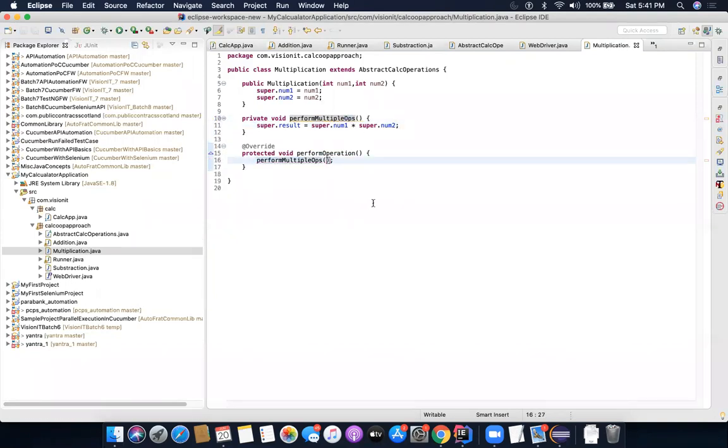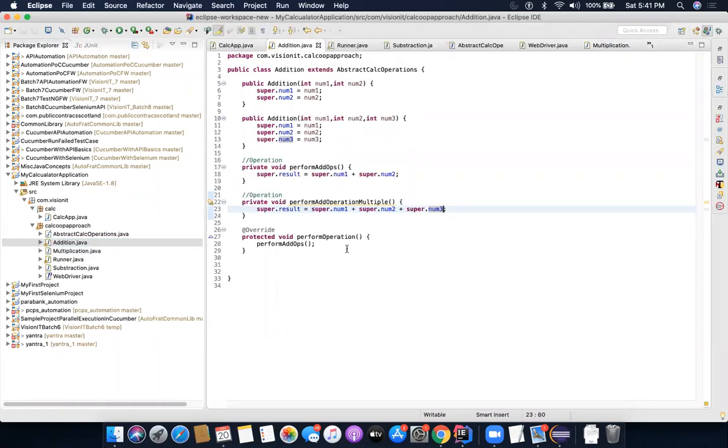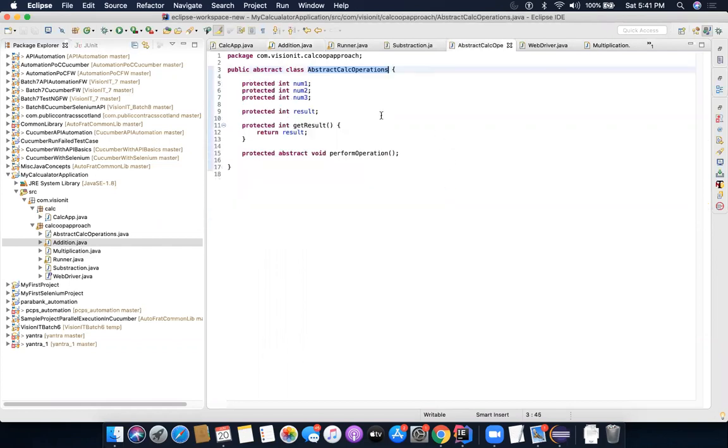All right. So this is what I am leaving up to you to implement, irrespective of whether I'm sending 2 numbers or 3 numbers. I want this to be implemented in addition as well as multiplication. You need to try out how you will implement multiple numbers. If you already know arrays or lists, I'm giving you a free hand to do it. You can try it on your own, and then we'll discuss the solutions tomorrow, right?